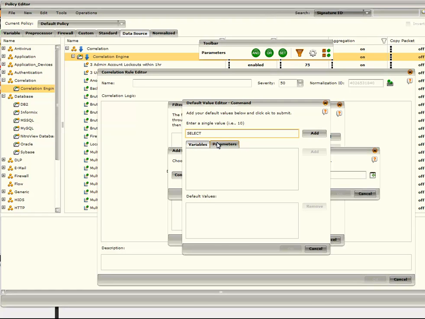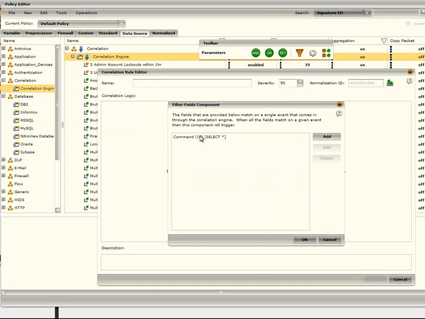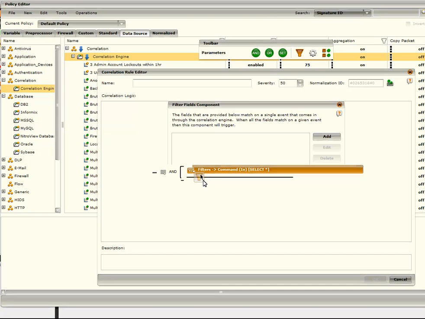If the command I'm looking for is a select star, that might be the command that is the trigger for me to start believing that something is going to be amiss, or I can look at the individual event that would be generated by that 1,000 record rule set. But if I see this occur, and let's say I also see, so I'll make this a required, and I also see